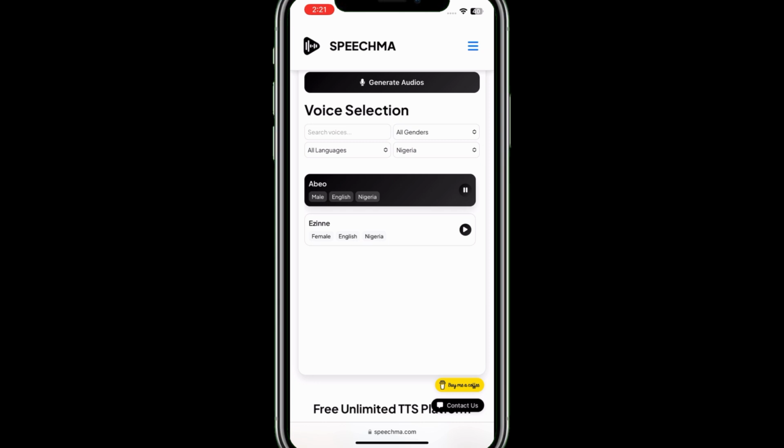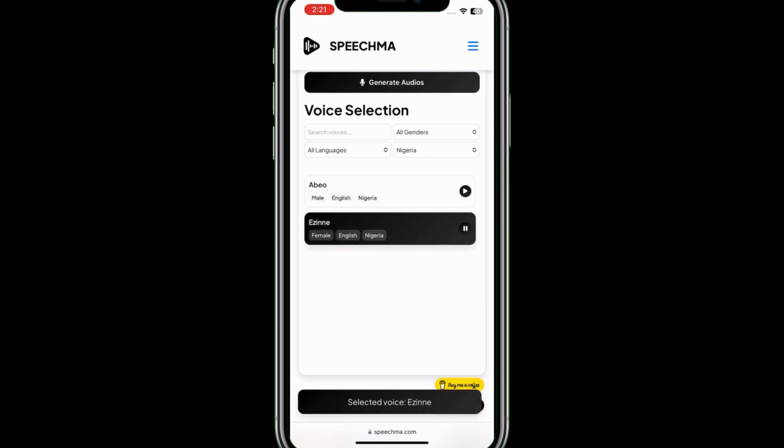Speechma, where your words transform into crystal clear audio with just a click. Experience free and unlimited text-to-speech conversions that brings your content to life across multiple languages and voices. Welcome to Speechma, where your words transform So into for me crystal to be clear able audio to with just